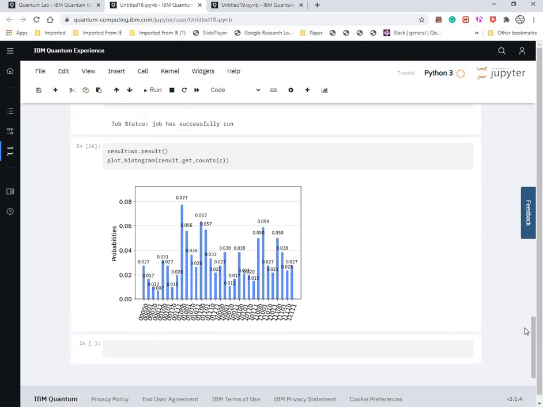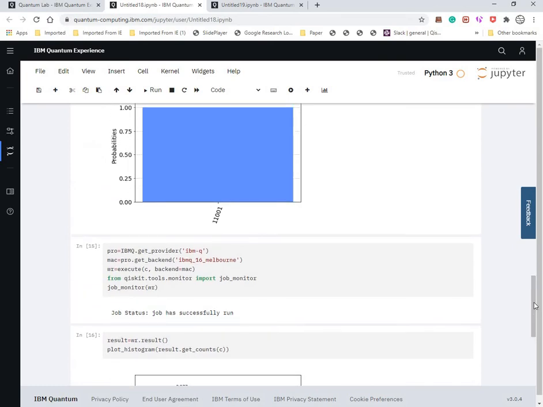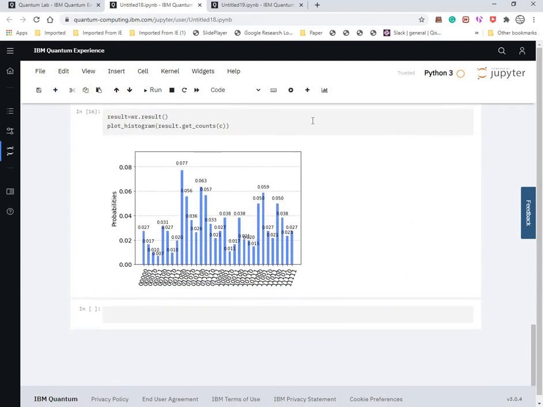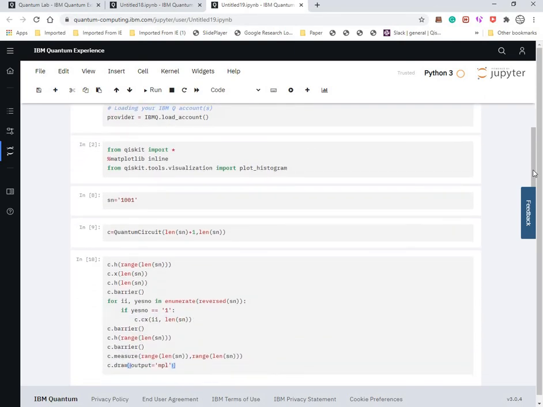As the research continues, we'll be able to see less and less of them, and the output will be more similar to our simulation result in the near future. There is also a general version of the Bernstein-Vazirani algorithm that I want to show you.